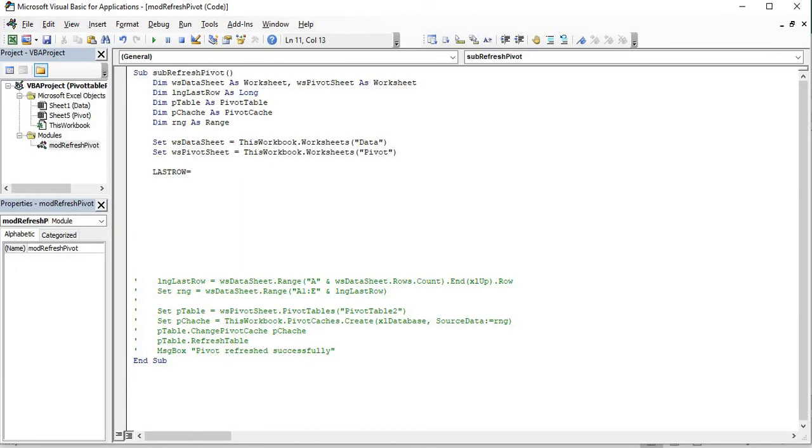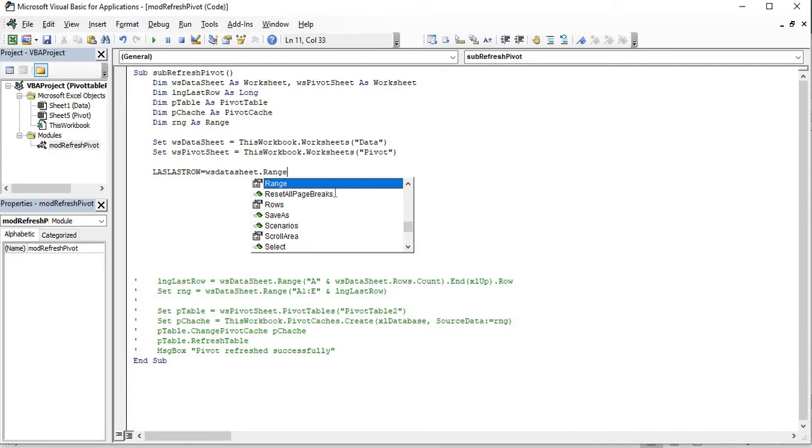That means I am going to store it in a Long variable. So the data sheet object, in our case that is data ws, the data sheet, dot range.